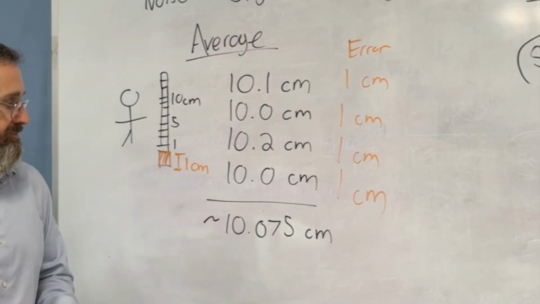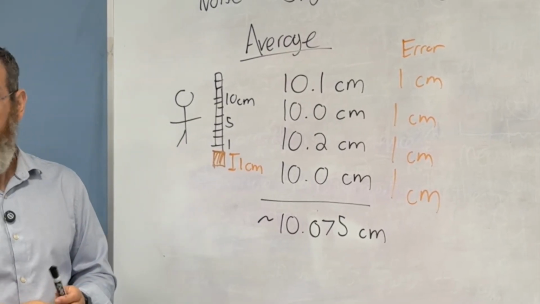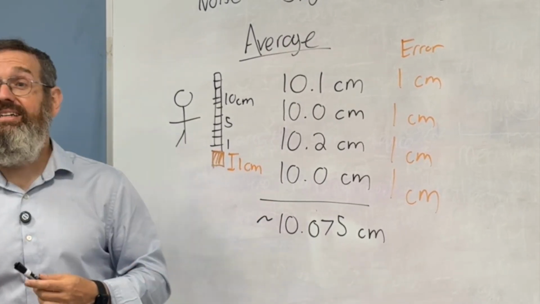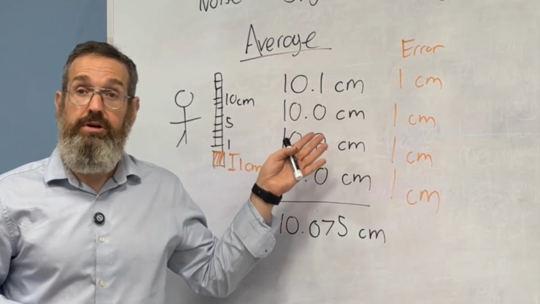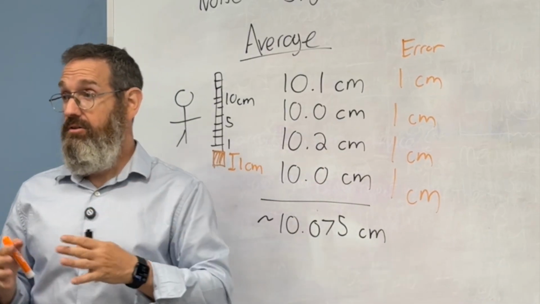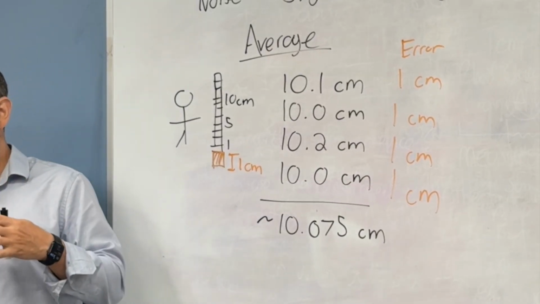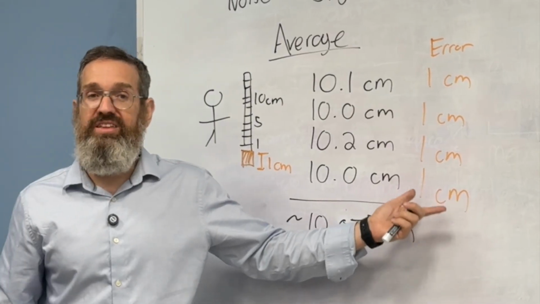Their height was 9 centimeters, right? You could take all the measurements you wanted until, they say, the cows came home. You would not remove this error,